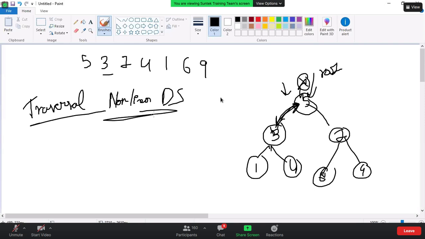Linear data structures have only one type of traversal, that is linear traversal. We cannot do any other traversal techniques because the data is stored in a linear fashion. But with a non-linear data structure, we have to make a choice. With this choice, we come up to these two types of